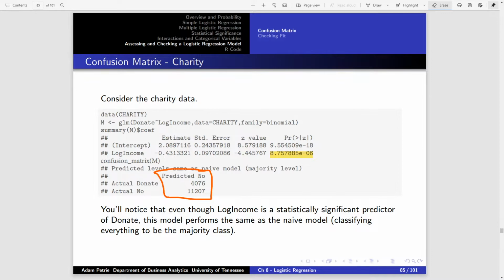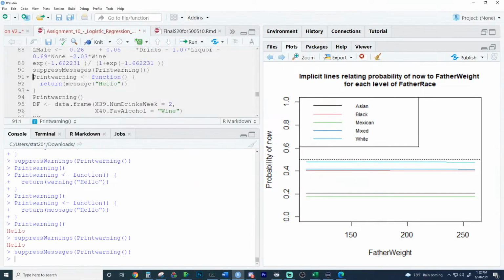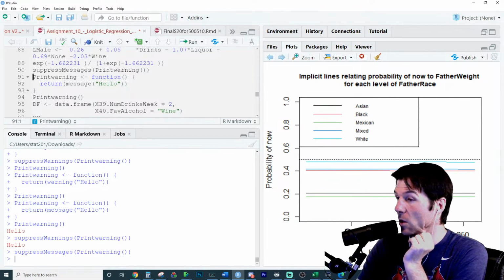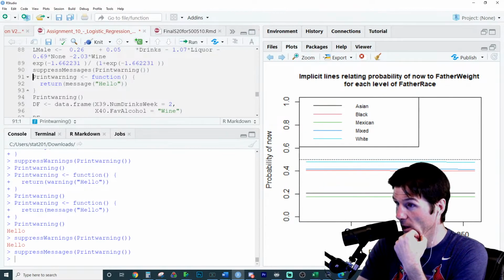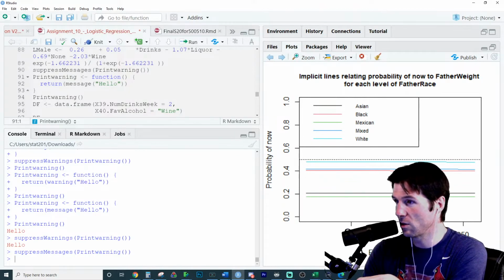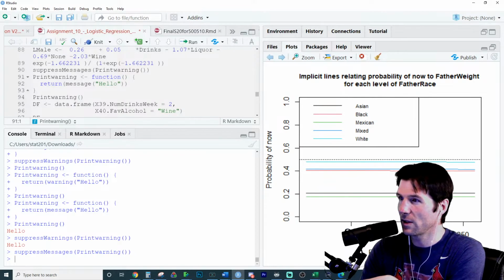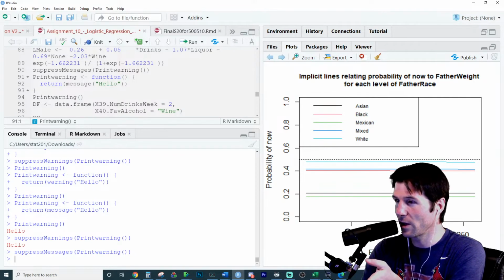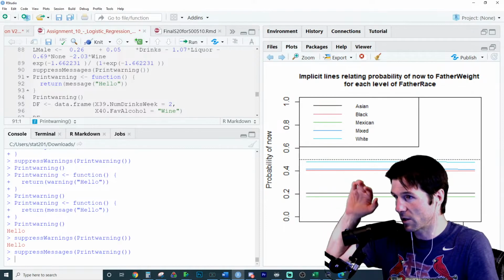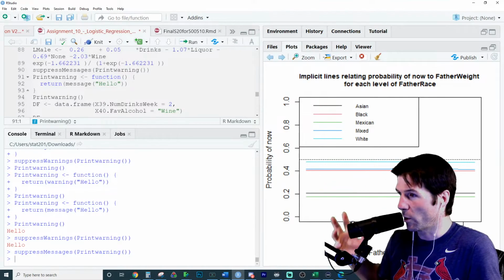So interestingly enough, your model's metrics, so this is a good quick answer. Your model performs exactly the same as the naive one, which means even though you might have some statistical significance here, especially with father's race, your model just has no real practical significance. Does that make sense, Trace? Your model is like, yeah, there's some variation due to father's race. Like we see it helps us out, creates differences between these lines, or sigmoidal curves, rather, I should say.